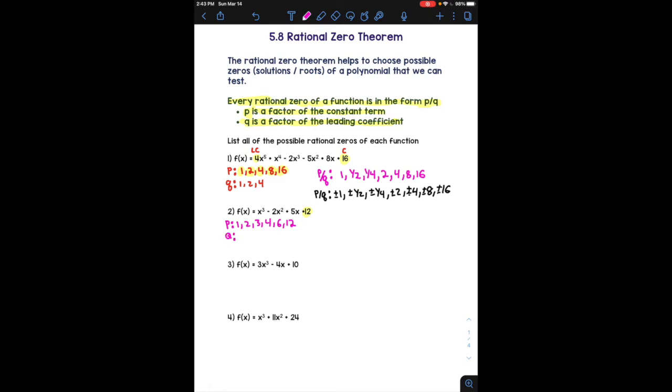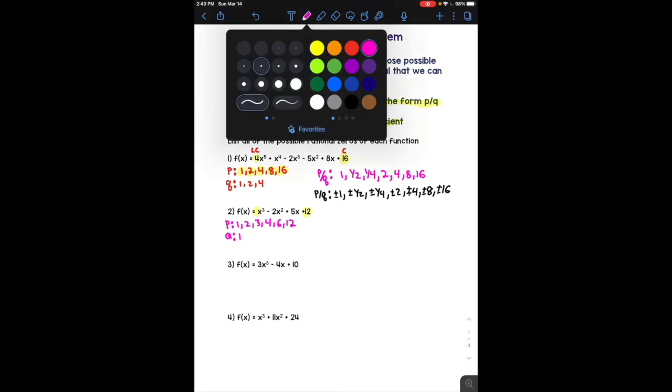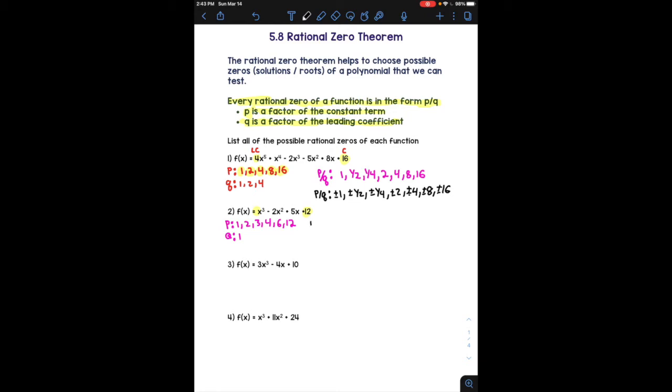Q are all the factors for our leading coefficient in this case, which is 1. The only factor to the number 1 is 1, therefore our list for number 2 is fairly easy to make. All the possible rational zeros are all the positive and negative values of all the p values divided by all the q's, which in this case is literally just the p-value list. So positive and negative 1, positive and negative 2, positive and negative 3,